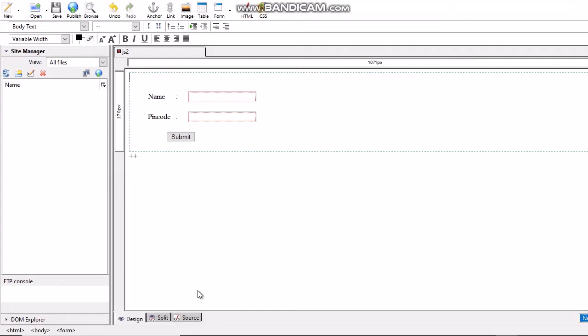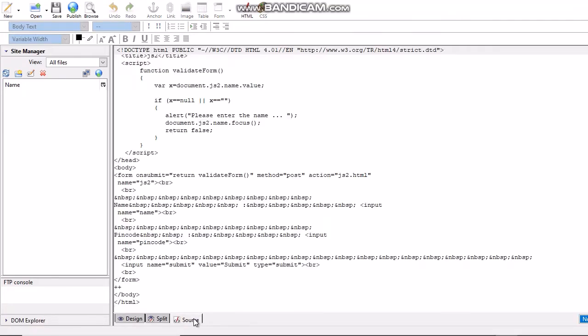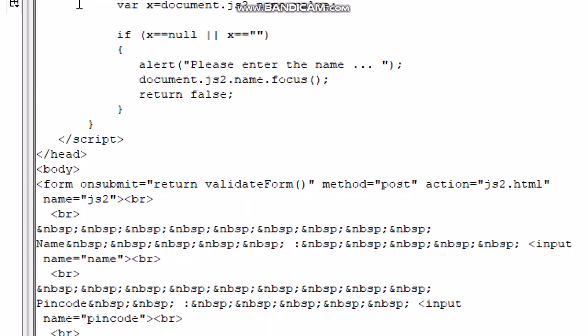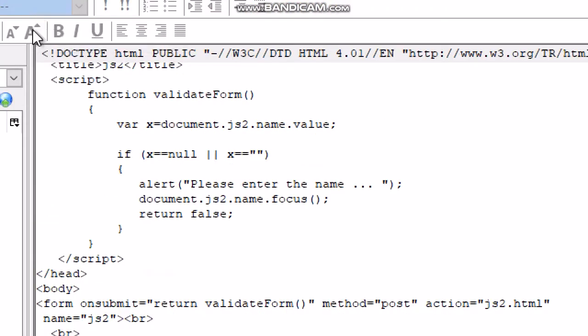Press the Source View tab. Already we have written this JavaScript for validation of the name field.